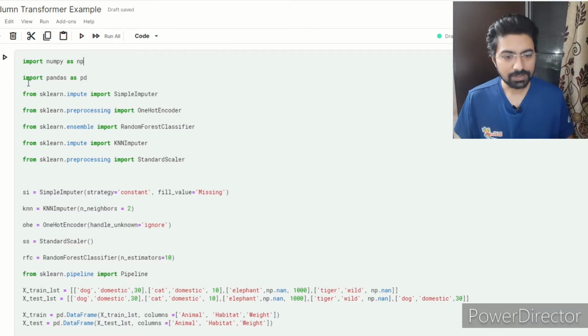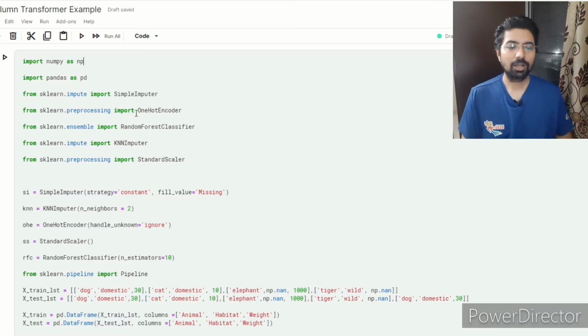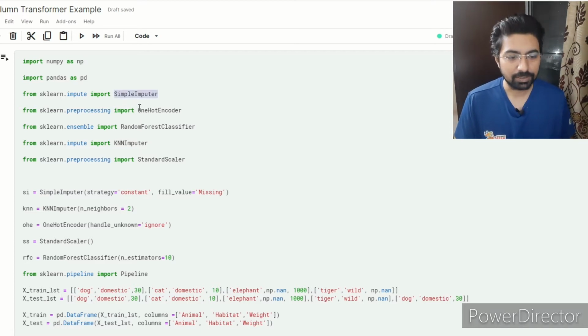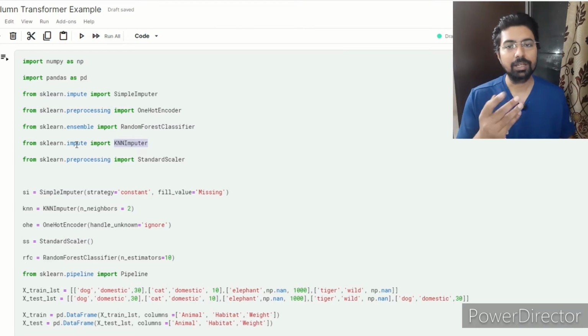This is an example where I imported all my imputation methods from the scikit-learn impute library. It is a simple imputer, as I have just shown you in the slide, and I have used the KNN imputer for my numerical data. Then we need the one hot encoder to convert the categorical or object data type data to the numeric data type.